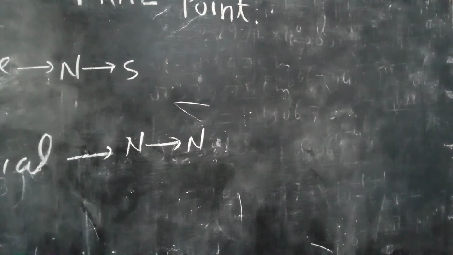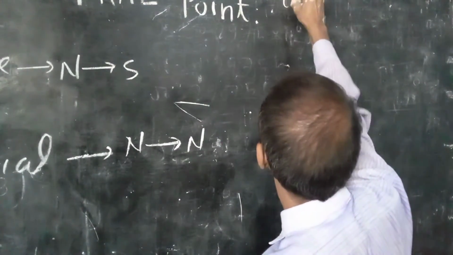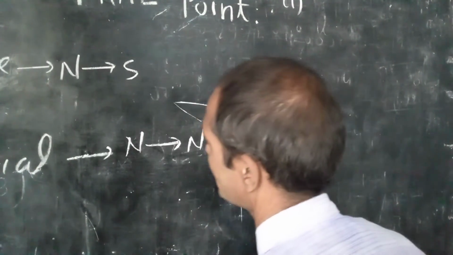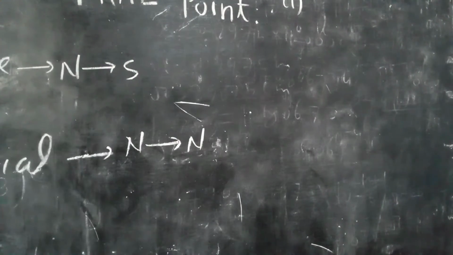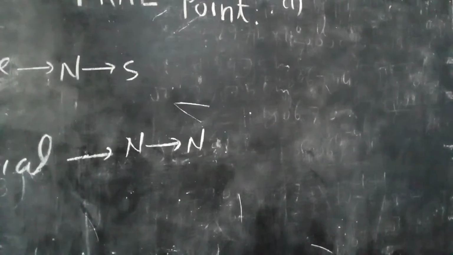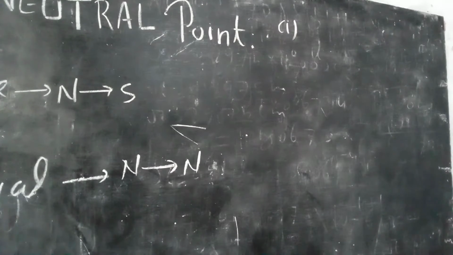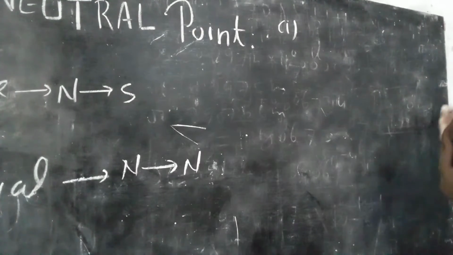So, first case: your neutral point is on the axial line. When the north pole of the magnet is placed in the magnetic meridian pointing toward the south of the Earth, then the neutral point is obtained on the axis of the magnet, and magnetic lines of force are symmetric about the axis. Okay. So what is a neutral point?